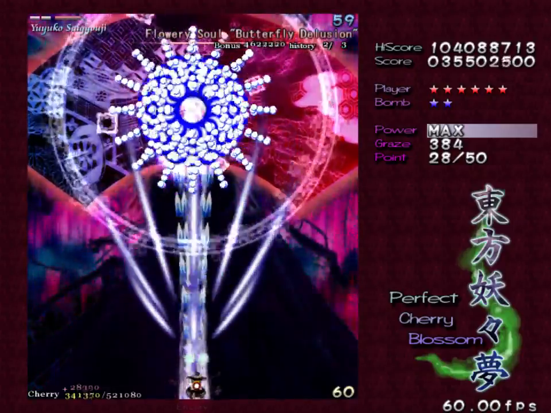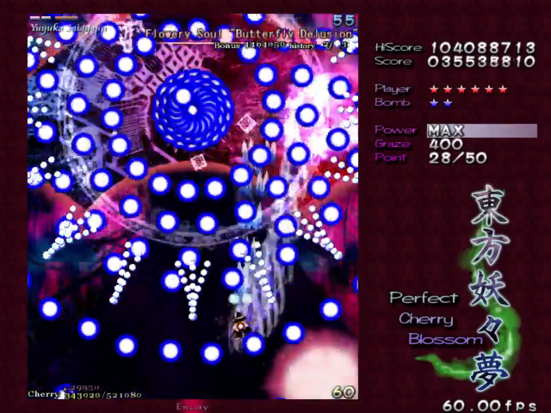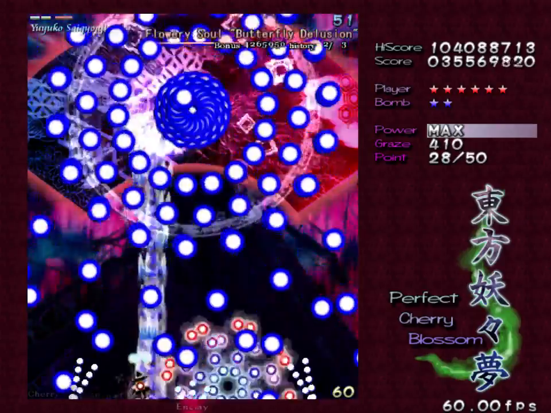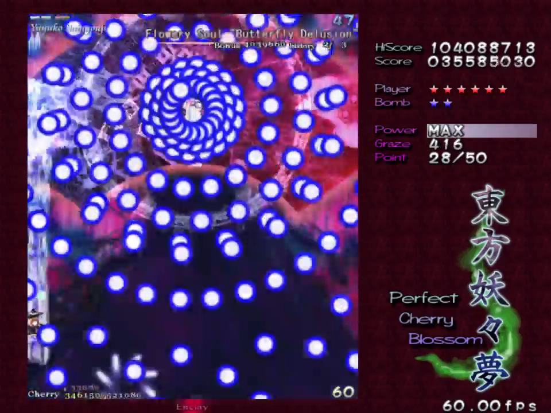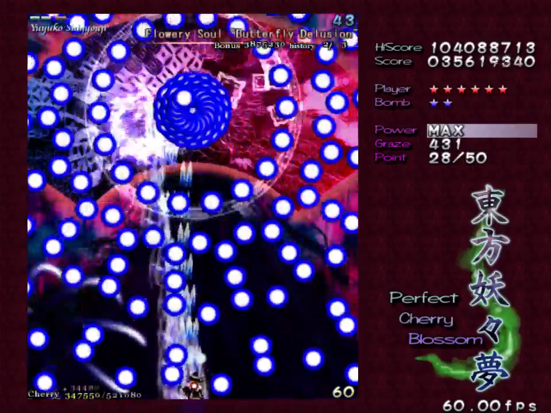Next is Butterfly Delusion. Strange attack. It's easy. It is actually one of her easier attacks. But it feels a bit... well, a lot of this game actually, it feels both easy and uncomfortable. But this one, it's interesting because you have lots of free...